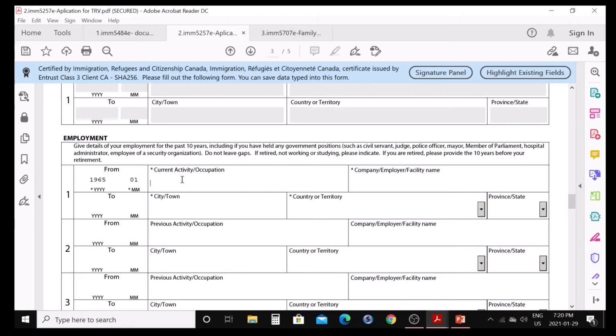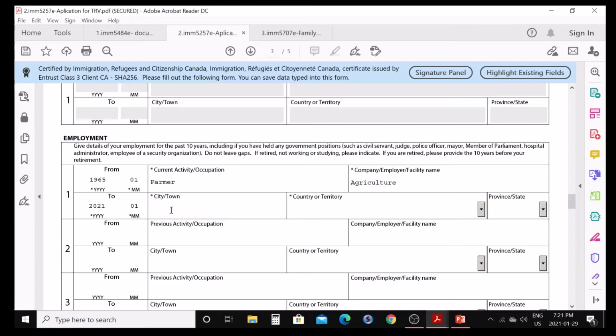So current activity, I will say farmer here, and company, agriculture. If you have your own shop or something, you can write that, it's not a problem. And from which date, whatever the date today, you can write, because you are still working there, 21 and 01.